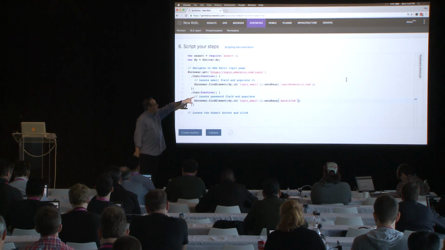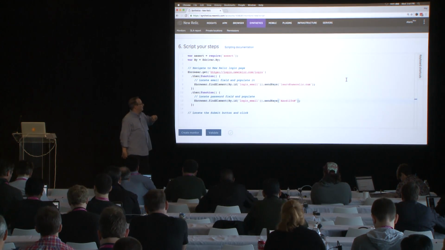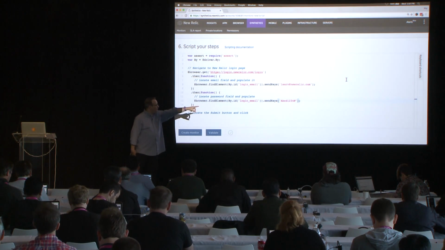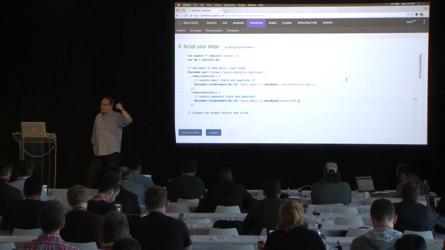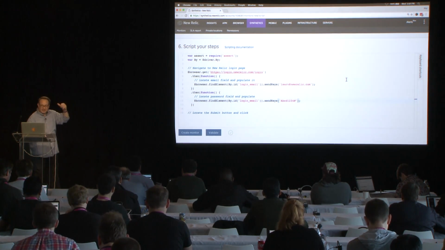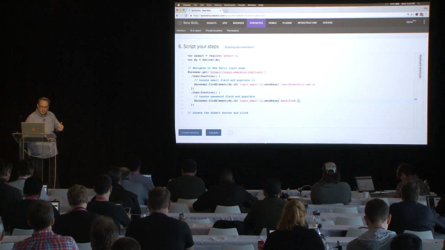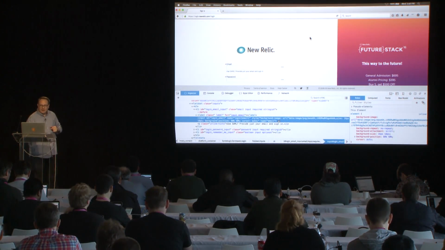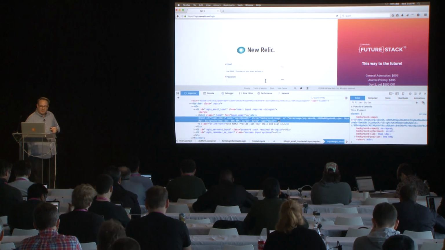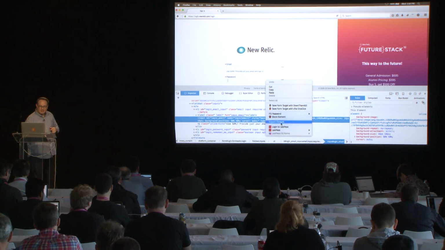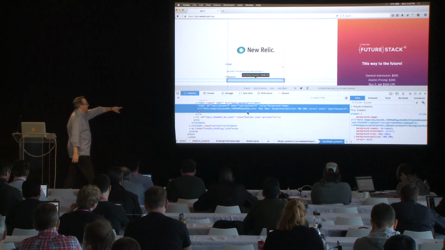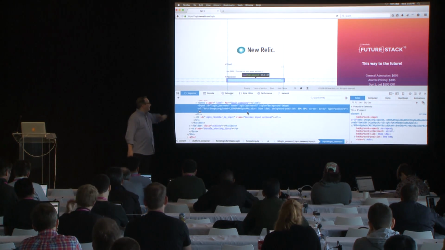We had already found the email field and put our email address in there. Now we want to find the password field and put our password in there. So remember the technique to find a field on the page. You can go to another browser window and right-click on the element that you want and say inspect. Okay, so there's our password field, and it also conveniently has a unique ID called